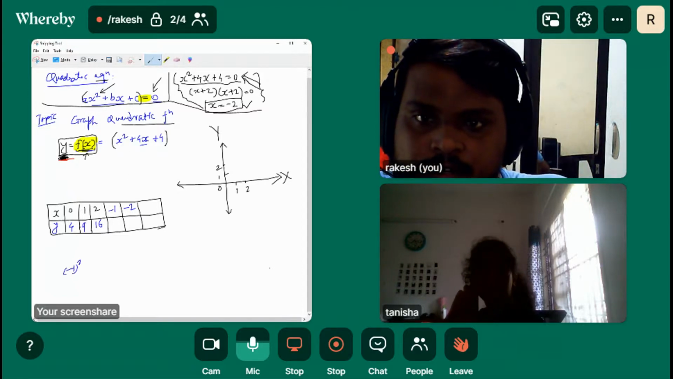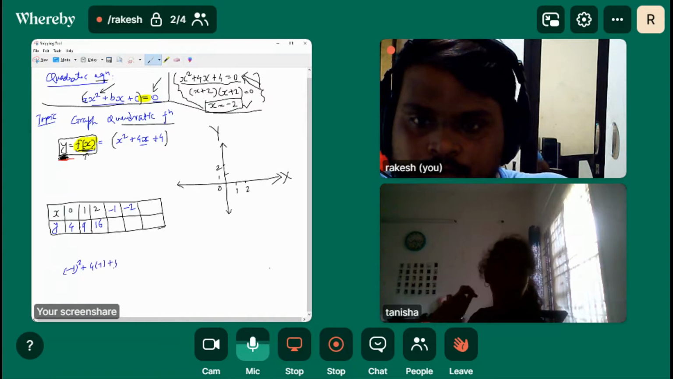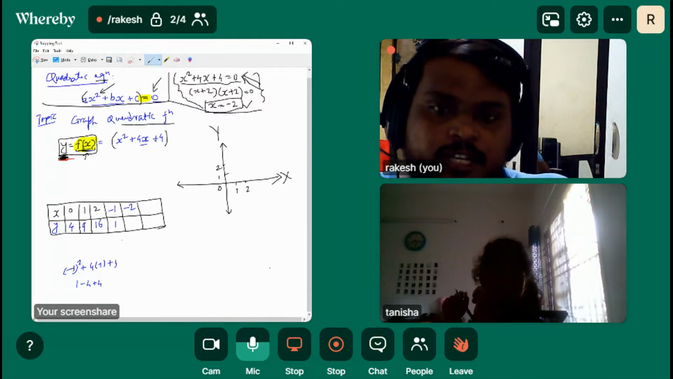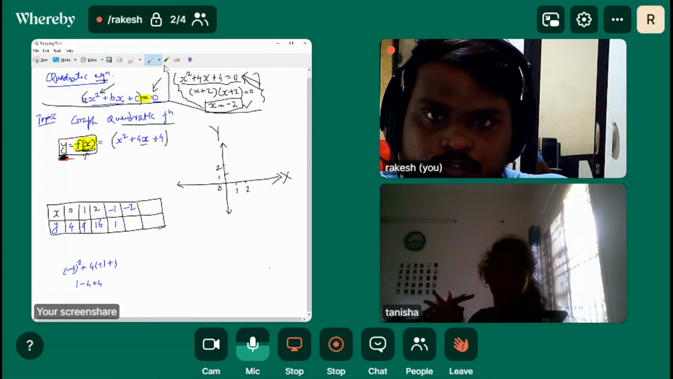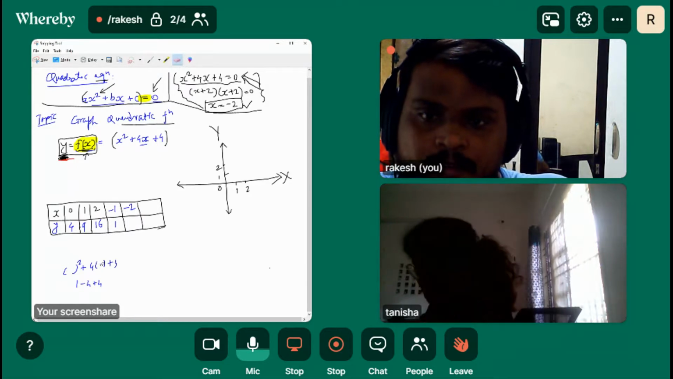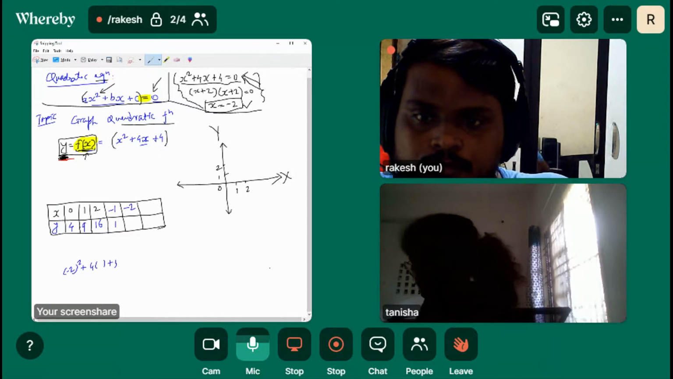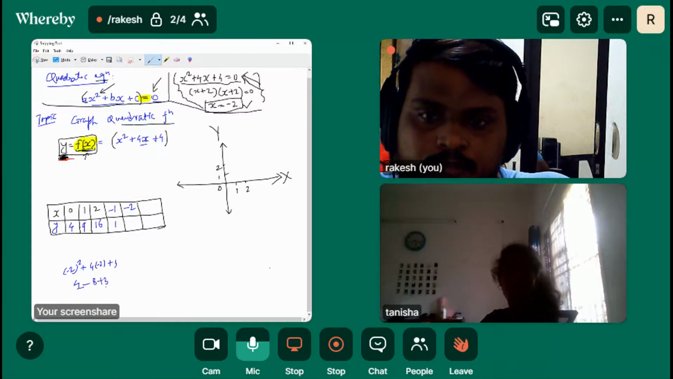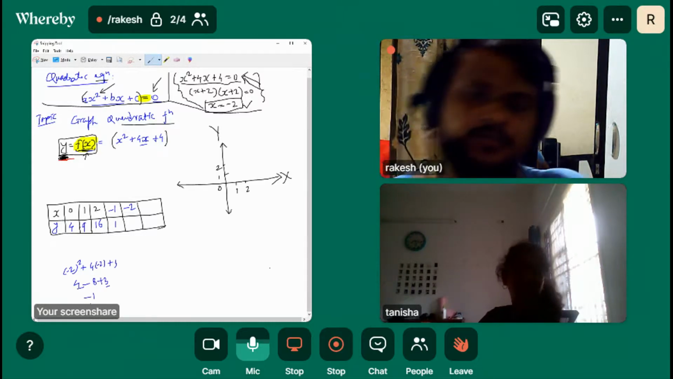-1 square plus 1. 4 minus 1 plus 4. So 1 minus 4 plus 4 is 1, right? And what about -2 square? Like for x is equal to -2, this is supposed to be 4. 4 twos are 8, plus 3, 7 minus 8 minus